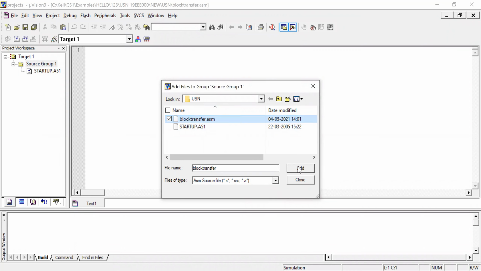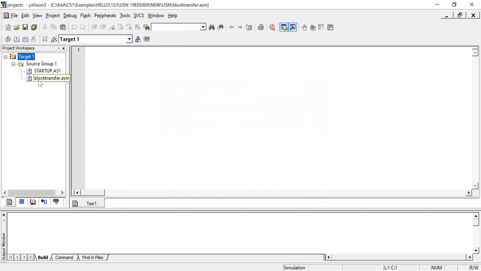Now you can close. After adding, you can see the file is added to your target. This is the general procedure for how to open a simple assembly file for your application.